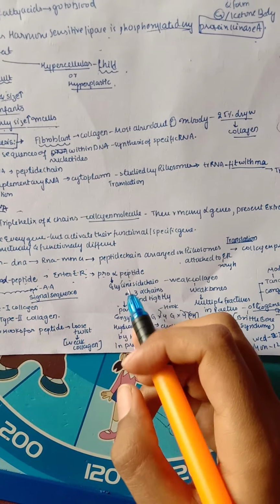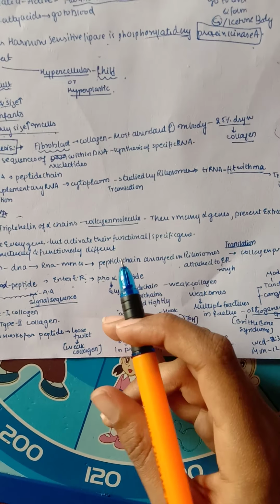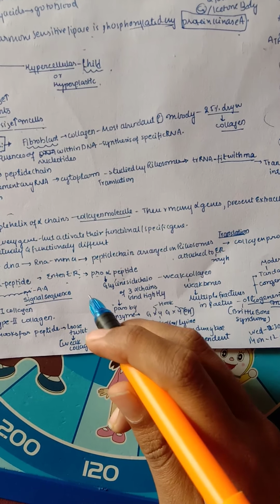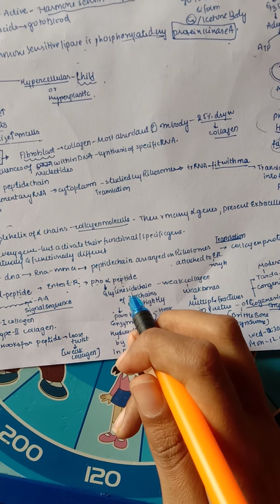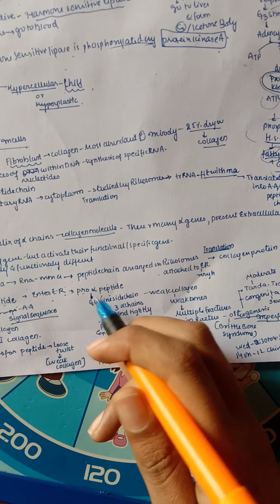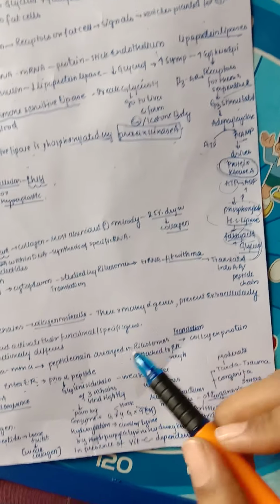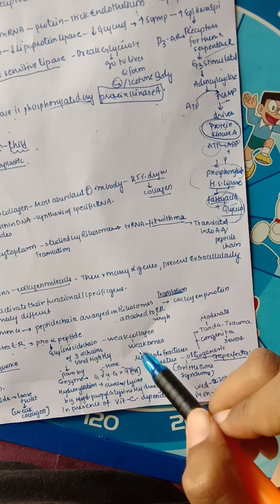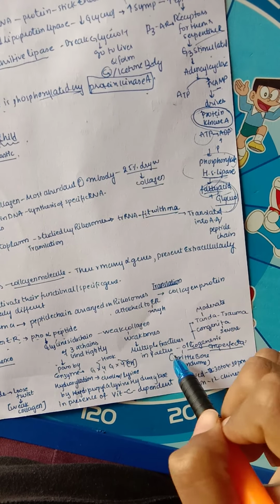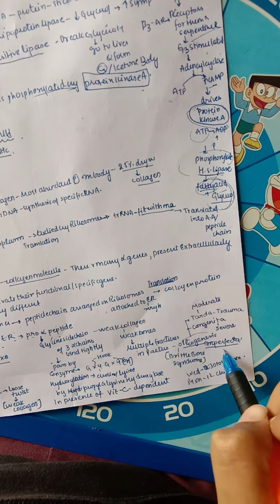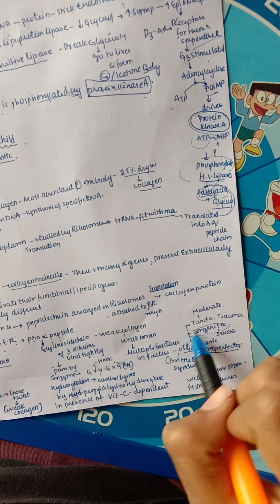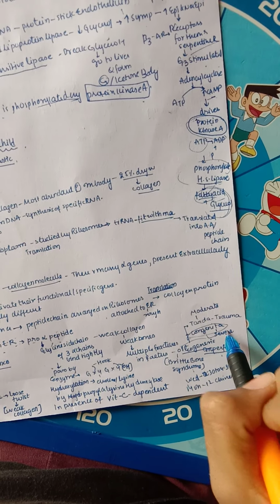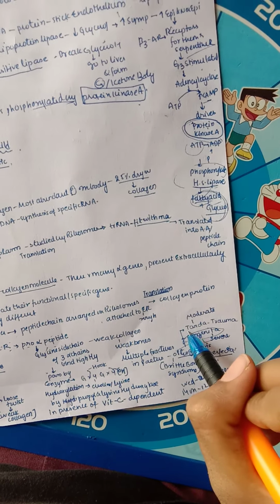Next, the pro alpha peptide has a glycine side chain, and the glycine side chains of the 3 alpha chains bind tightly. So they have glycine, and these 3 bind very tightly because of glycine presence. Whenever there is no glycine, there is weak collagen, weak bones and multiple fractures in the fetus. This is known as osteogenesis imperfecta, also known as brittle bone syndrome. In the congenital form, which is the severe case, the child will have broken bones in the fetus, and the tarda form is because of trauma, which is moderate.